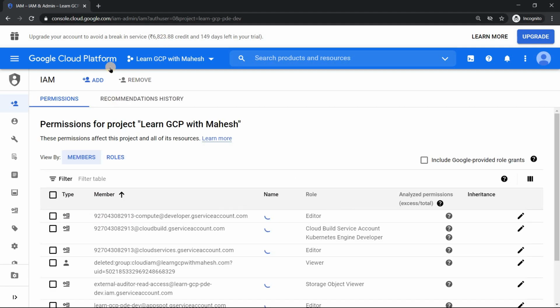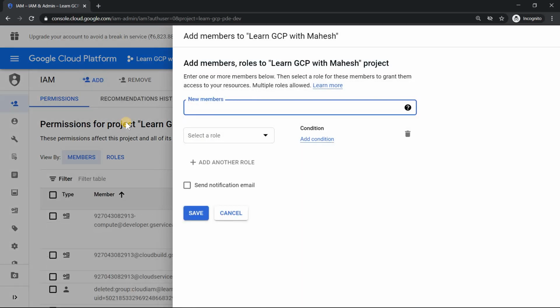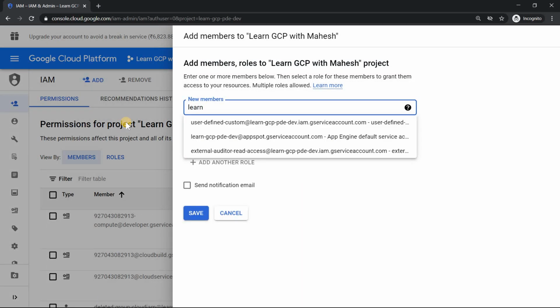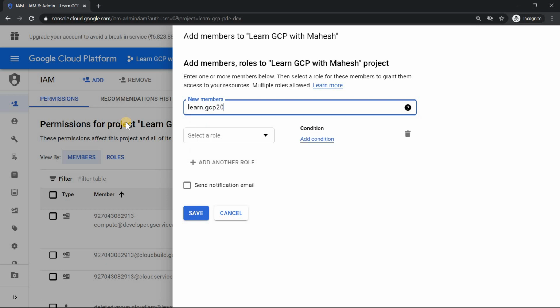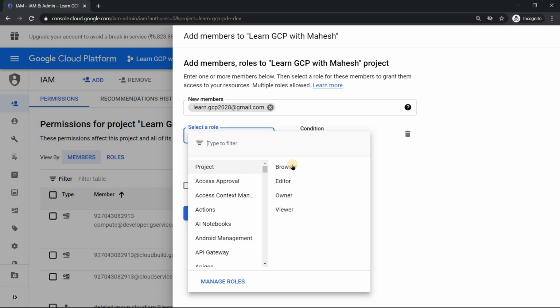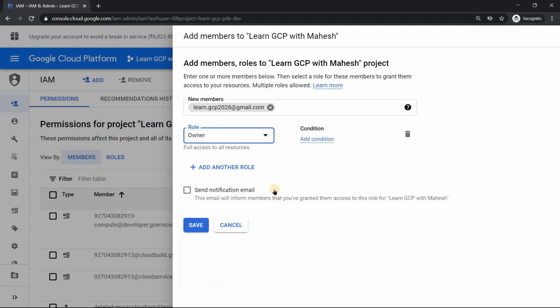It would also be good exposure for you to see how to add a user as an owner, because only the owner user will get an invitation. No other users get an invitation. So let me make this user an owner of this project.